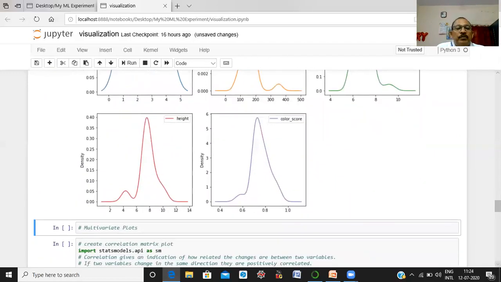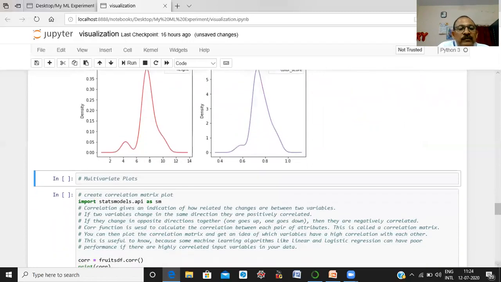Next is the multivariate plots. We already discussed a correlation matrix. Here we can draw a graph for the correlation matrix. Okay.